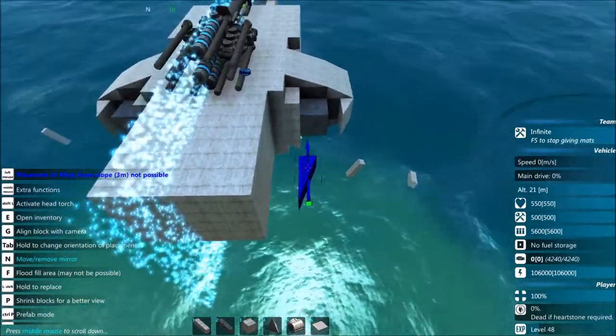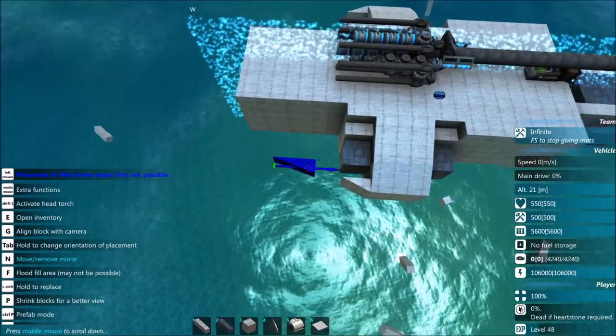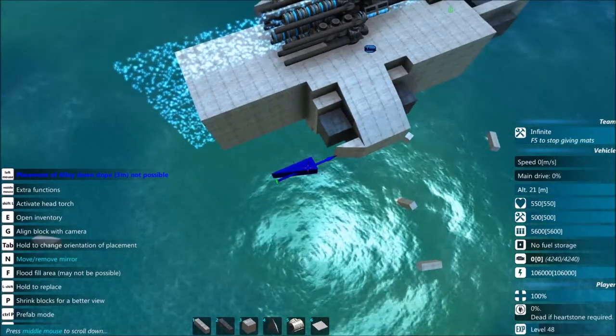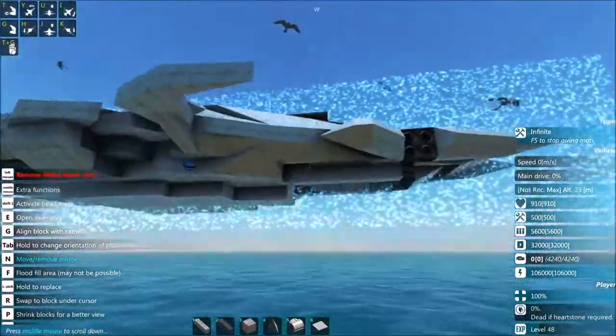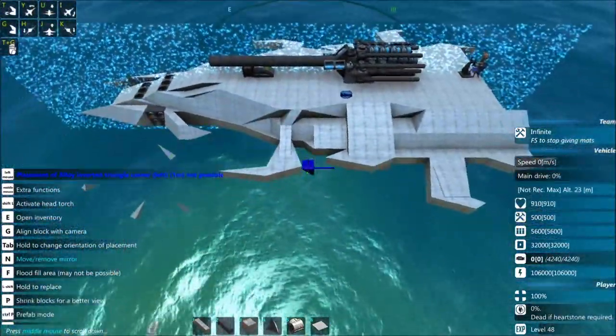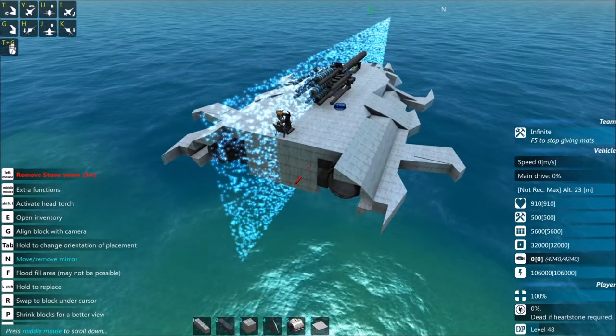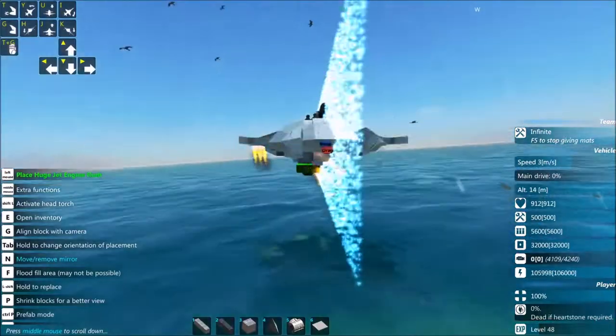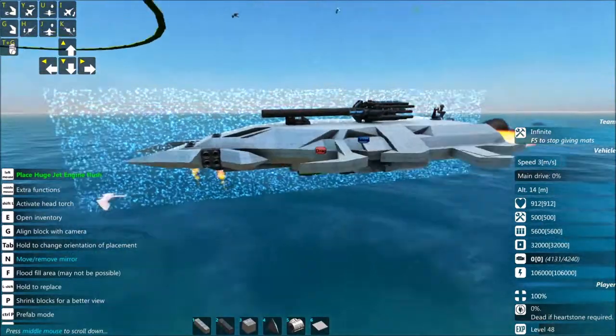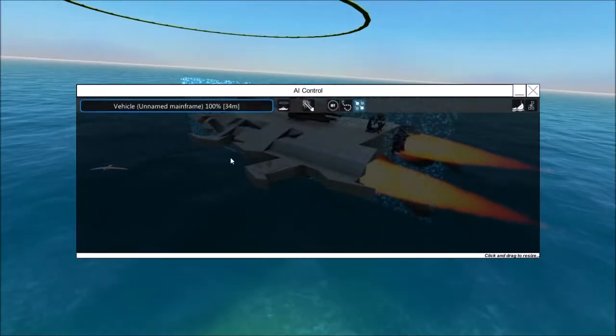And what I want to put in here is the custom jets, plus we need fuel storage, and do I want to put a backup fuel engine? I'm not sure. So we've got turning thrust, pitch thrust, roll thrust, forward thrust. This thing technically would work. So now we've got a floating thing, which rocks and rolls about horribly,